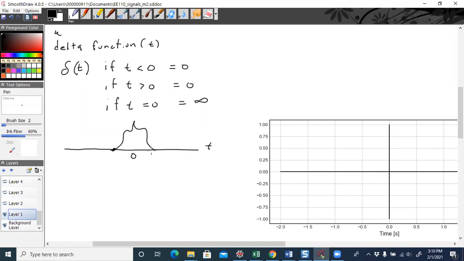And it's 0 here and 0 there, right? And let's just call the whole time that it's non-zero t, and we'll call this minus t divided by 2, and that point t divided by 2, right? And